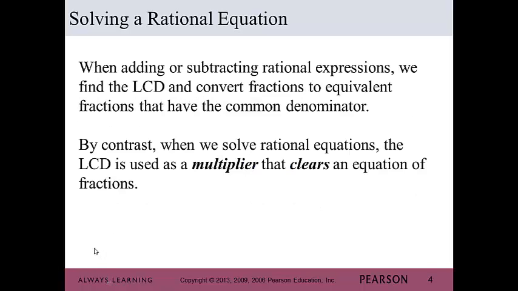So, when adding or subtracting rational expressions, we find the least common denominator and convert fractions to equivalent fractions that have common denominators. By contrast, when solving a rational equation, the LCD is used as a multiplier that clears an equation of the fractions. So all this is saying is in order to remove the fractions,